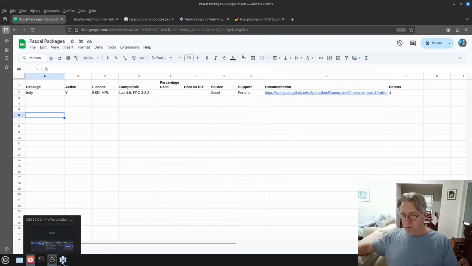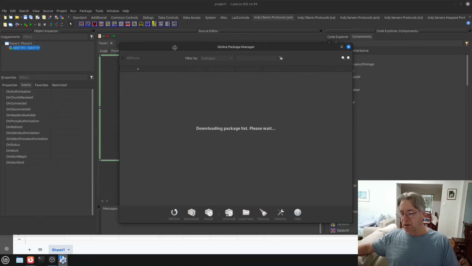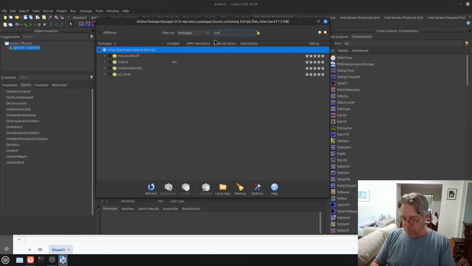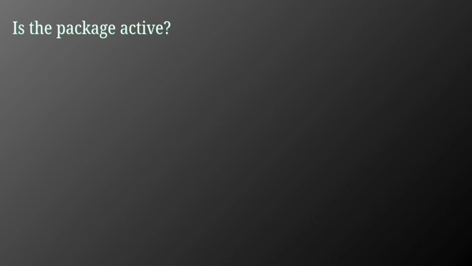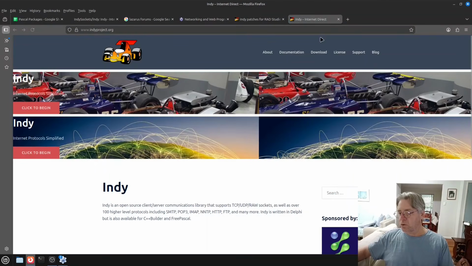Let's get started. The place where we will start, first of all, is in the Online Package Manager in Lazarus here. It's downloading the packages, and up here we can see all the ones which we can use in our environment. We can filter to the ones that we want to look at. When you open up a particular package here, you'll get to see the package itself, and then there is some package information underneath there. Of particular interest are the available since and the home page. If you click on the home page, it will take us to the Indy home page,